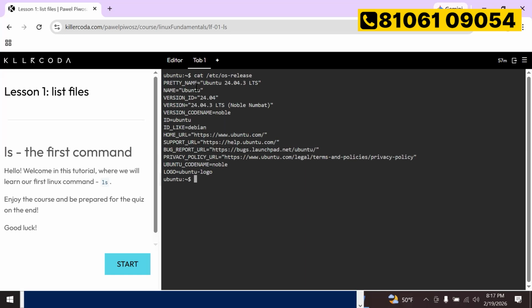It says you are using Ubuntu, version 24.04, an LTS, long-term support version. So if you want to know which operating system you are using, you can say cat /etc/os-release.